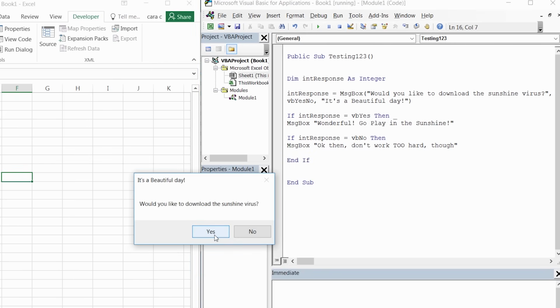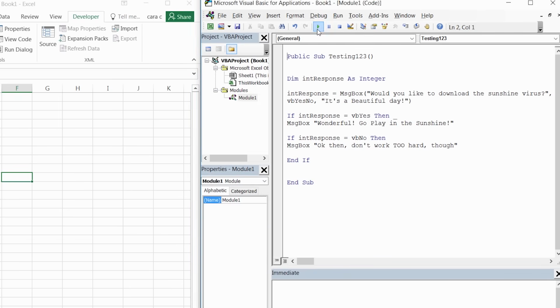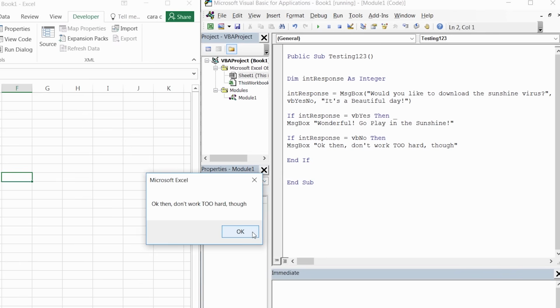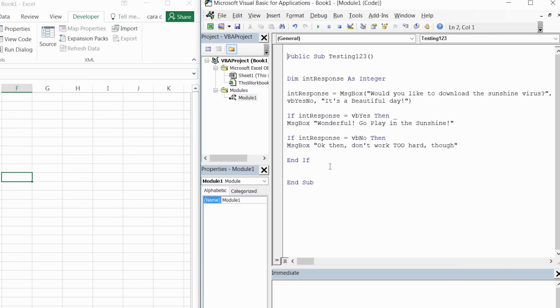So it's going to ask, would you like to go play in the sunshine? And I'll say, yes, I would. And it'll say, okay, great, go play in the sunshine. Now let's do it one more time. No, I don't want to play in the sunshine. And it says, okay, don't work too hard though. And I'll click OK. All right, so we used our code continuation character in this example,